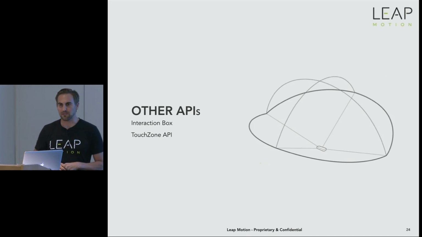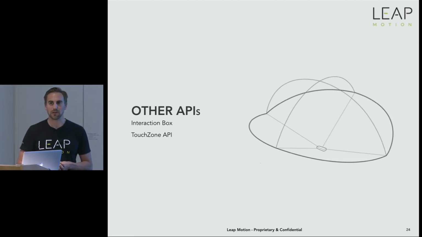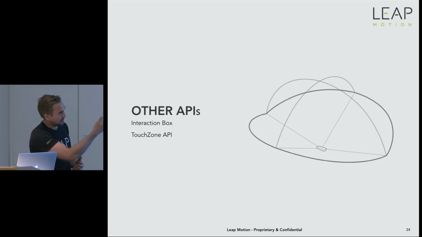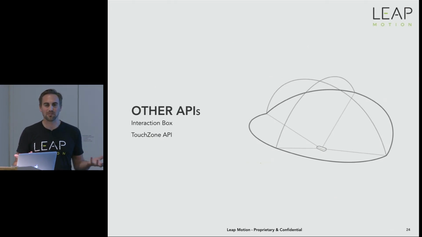But the interaction box is another way that we're trying to make it a little bit simpler to think about coordinates in this space. So I mentioned before, you saw this space. It's this 3D inverted pyramid. That could become a little tricky if you're trying to translate that into screen space, where you're displaying what you're working on. So what we created is an interaction box that